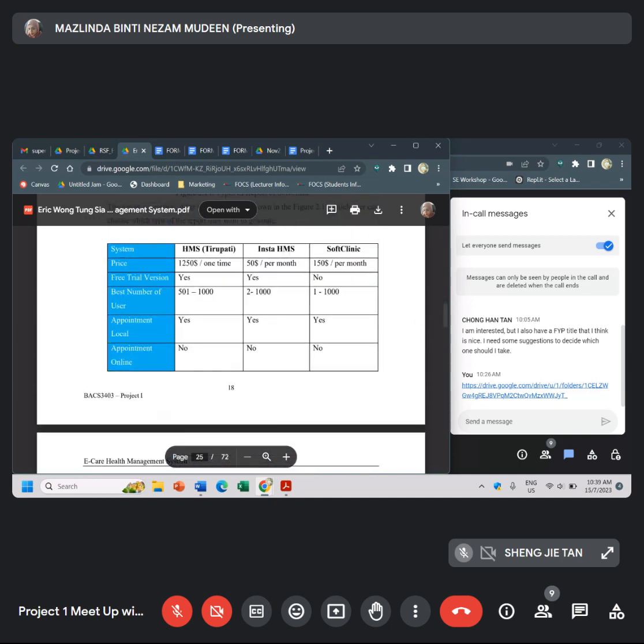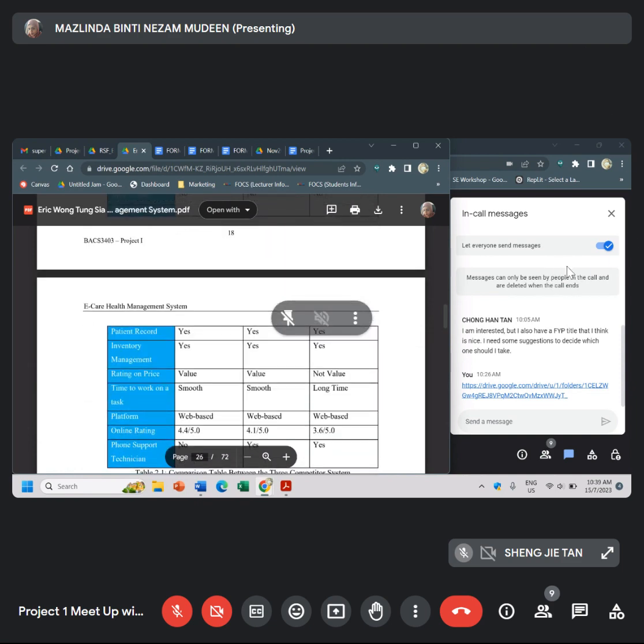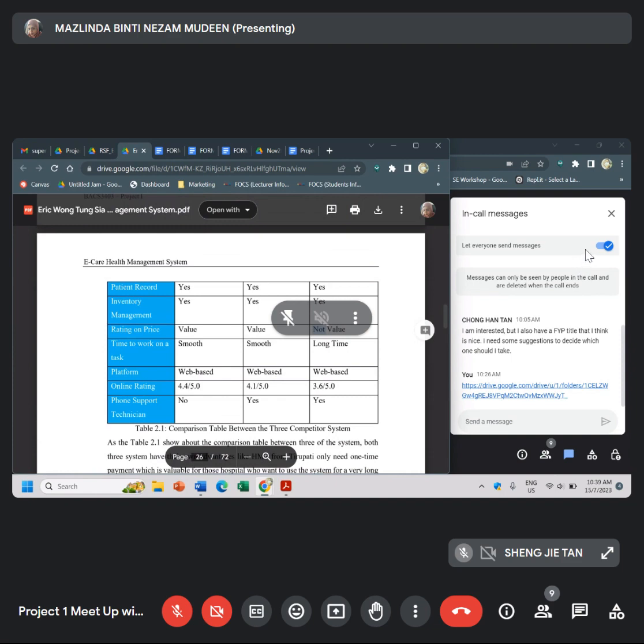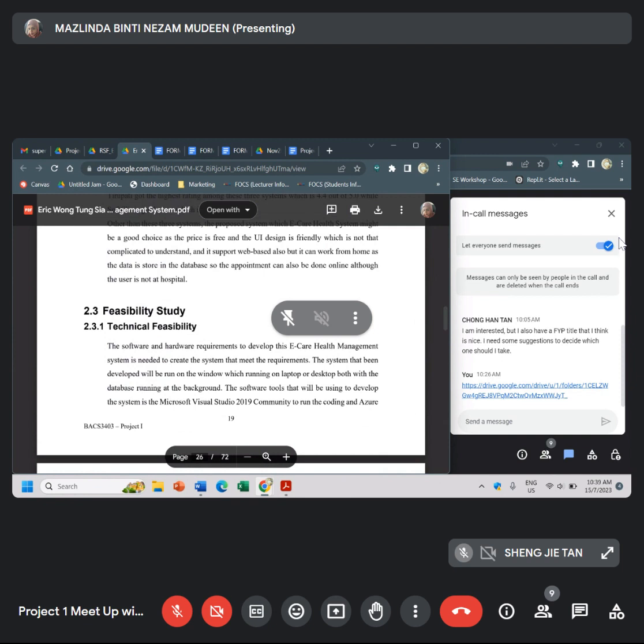After you do the study of the three different systems individually, then you need to come up with your summary table. The summary table here is to compare these three different systems. It means for you to know what the current features are, which one is having better features, better concept, better UI, whether the system is good or not good. So you do a comparison table for your feasibility study.